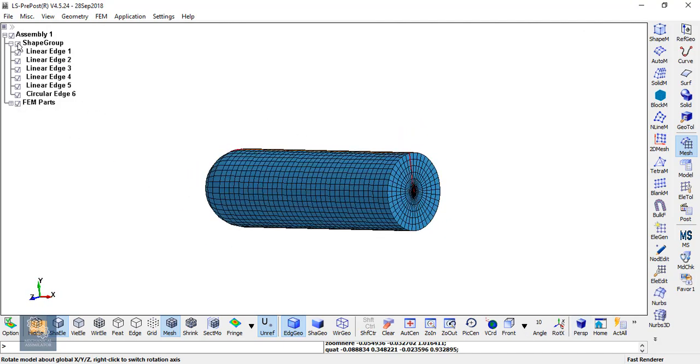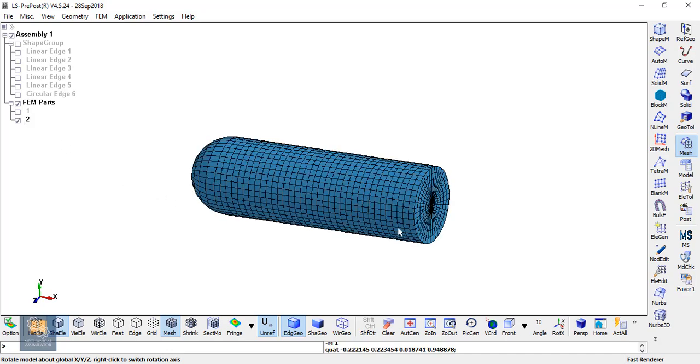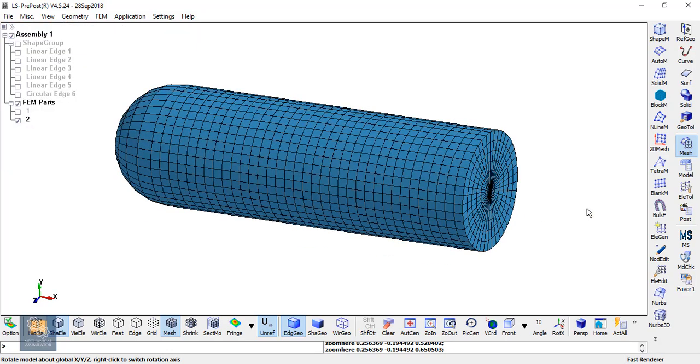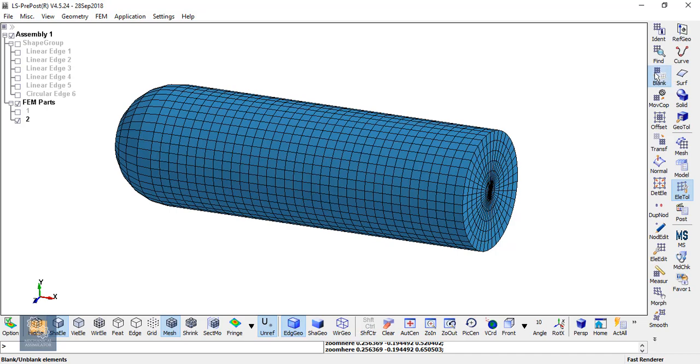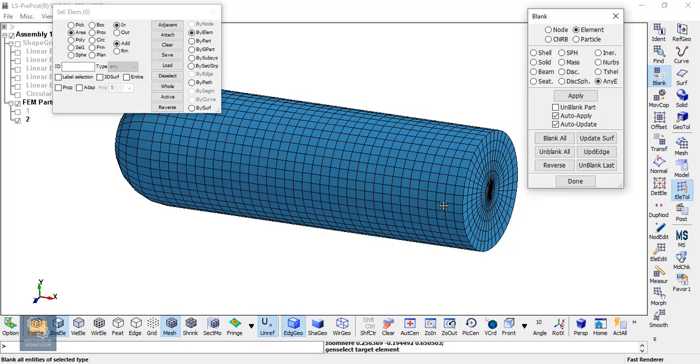For the time being, I'll toggle off the shape group and the profile that has been created first. We can check the element, how the elements have been meshed through blank option.